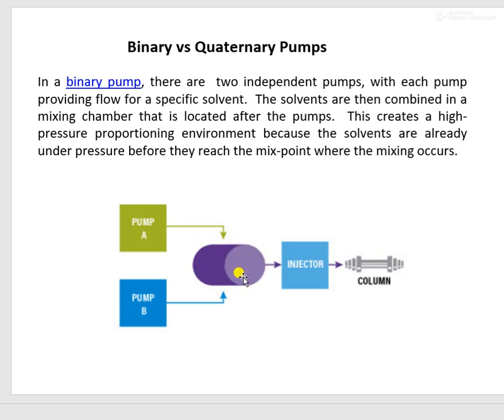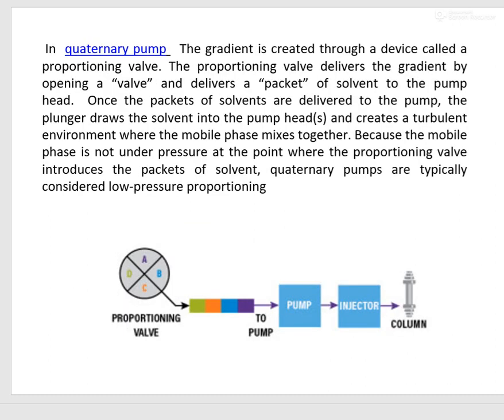So high pressure will be generating here, and once they are mixed, they will follow their path. So this is binary. Now coming to quaternary.